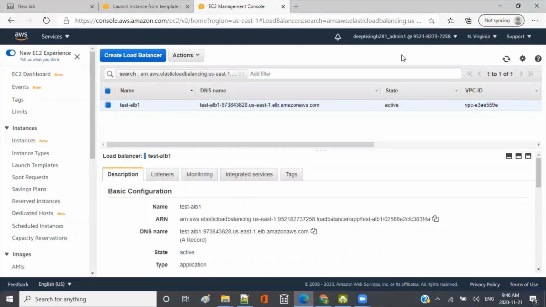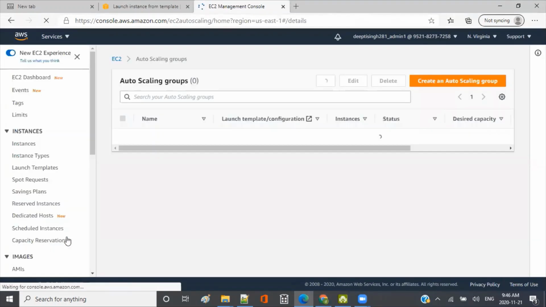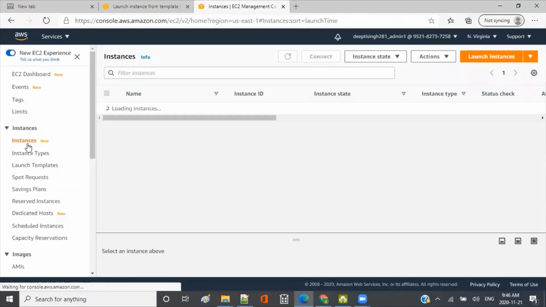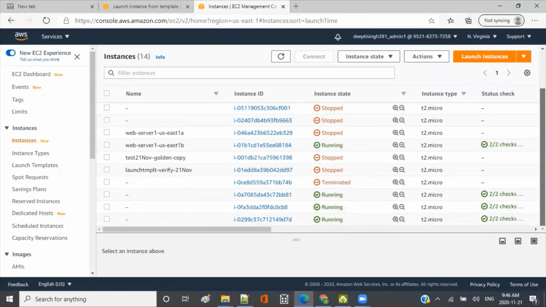Okay, so the auto scaling group is deleting, and I'll go to the instances and see what happened to them now. Okay, so it's still taking some time.